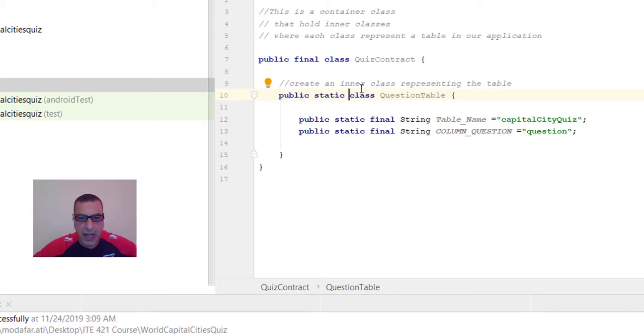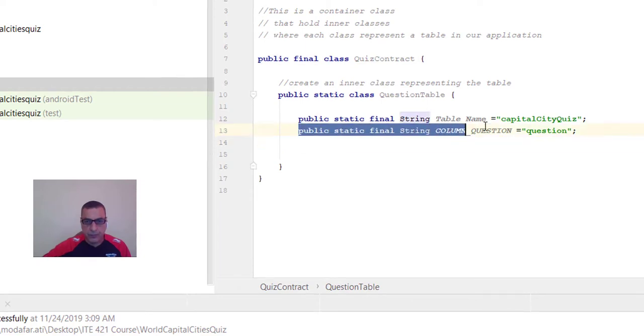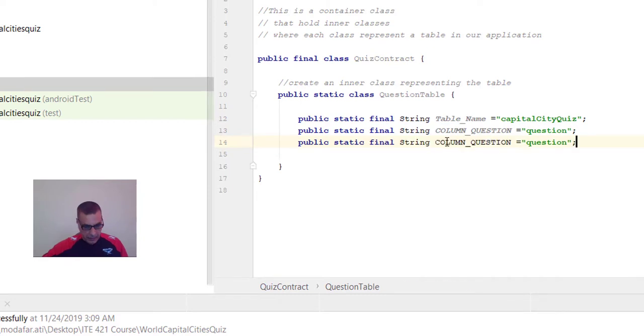We can say question table dot table name, so to access one of them. And of course, same thing. Public. I'll just take this one here. One of them here. Copy it. There we go. And of course, this is going to be, I'm going to call them